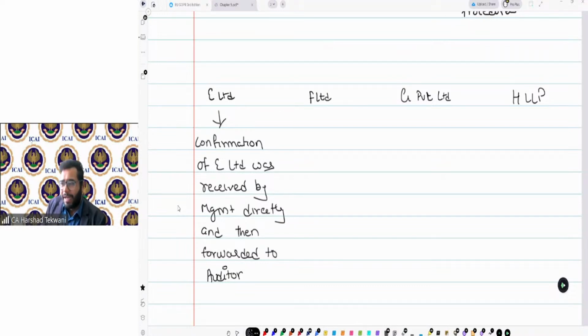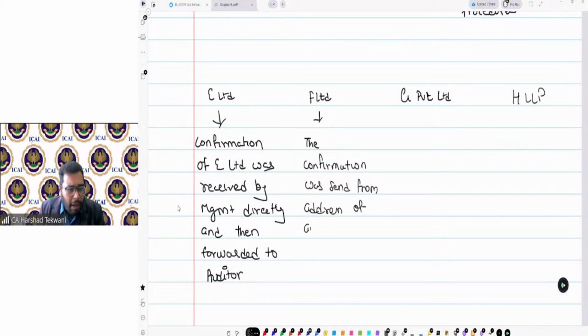In case of F Limited, the confirmation was sent from the address of another company, that is J Limited. So there is no name of F Limited on the address.